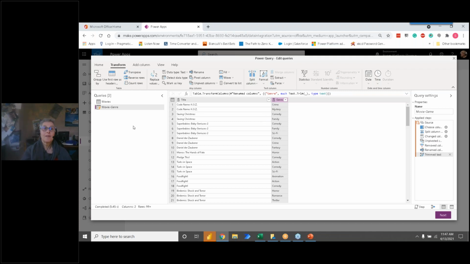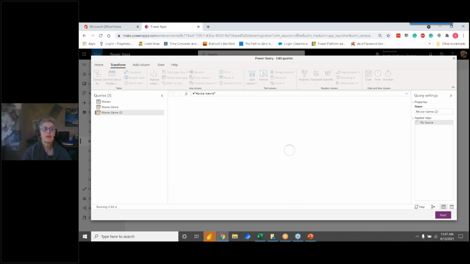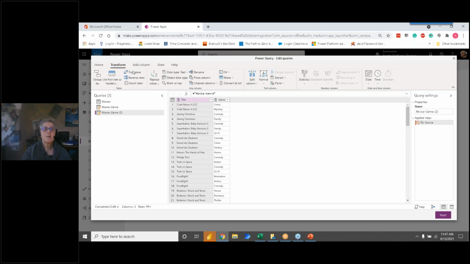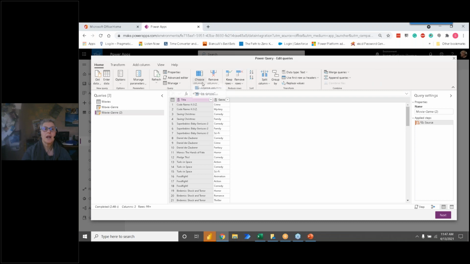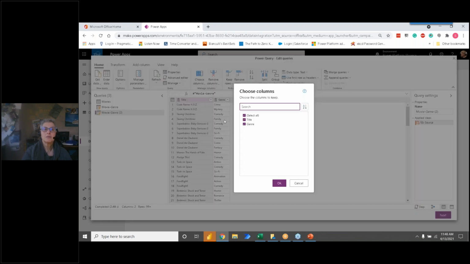Okay, so that's it for my movie genre entity. Now I'm going to create the last query. I'm going to do the same thing, reference. This time all I want is the one column, choose columns, genre.